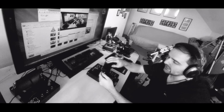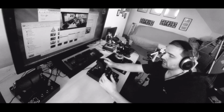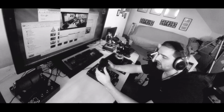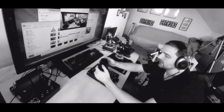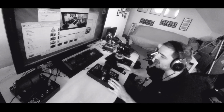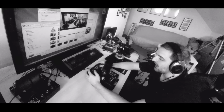It feels nice. You can separate the throttle out into two axes. I guess you could link that to anything you want. Different engines. One could be mix, one could be your throttle. You could have two engines. You can do what you want. That's the awesome thing with these flight controllers. Even though this is a replica one, you can use this with anything. I would say